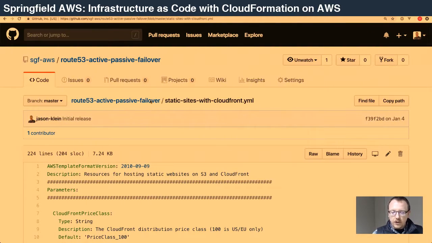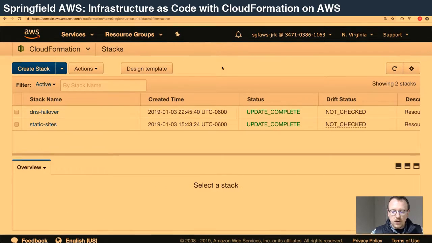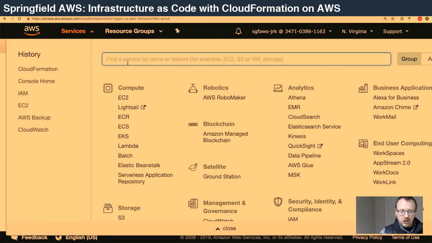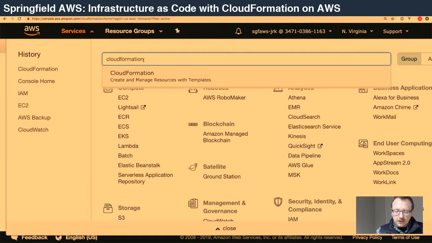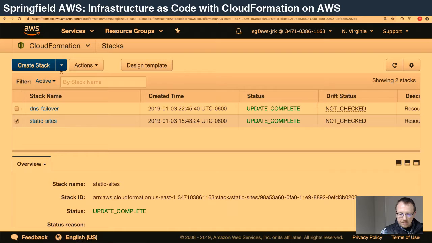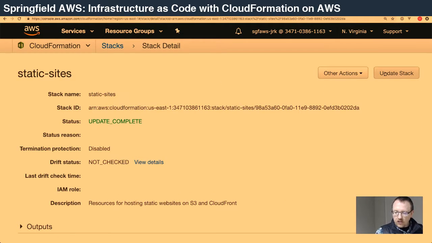We're going to bump over to the AWS console for just a moment so I can give you a brief introduction to that. We're going to hit on this a little bit more. But I logged into the AWS console, went to Services, CloudFormation, and then I landed here on this page. If you drill down, if I go and tell it that I want to update the stack,